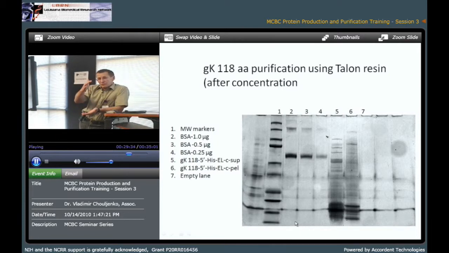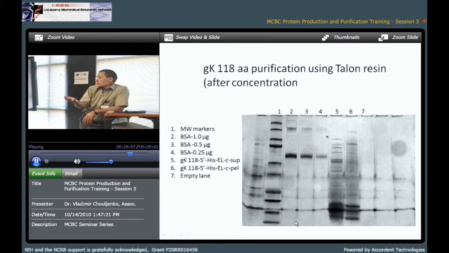But let's say you have to use at least several milligrams of your resin, technically you cannot have even close to this amount of your protein, and as a result, a lot of non-specific protein will be bound. And at this step, you can do a first round of purification, concentrate this, and after that you can either